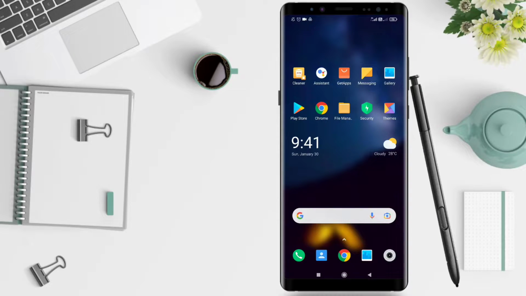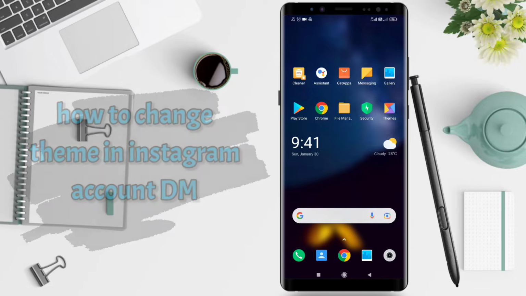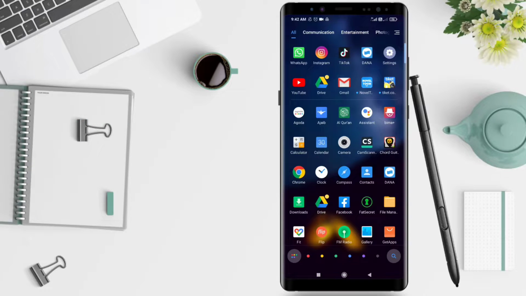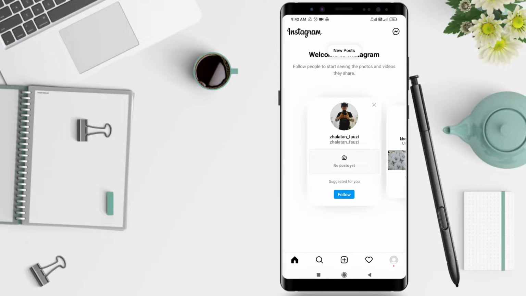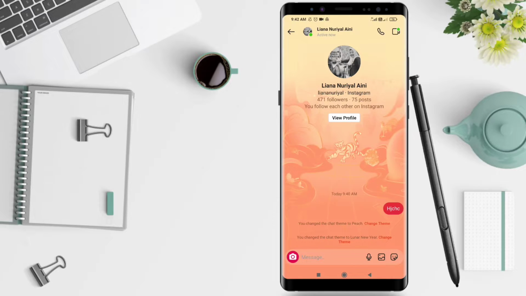Today I will give you a tutorial on how to change the theme in the DM of your Instagram account. Maybe first you can click this application. After that, you click the symbol of direct message. Click on someone you can send a message to. After that, you click this name